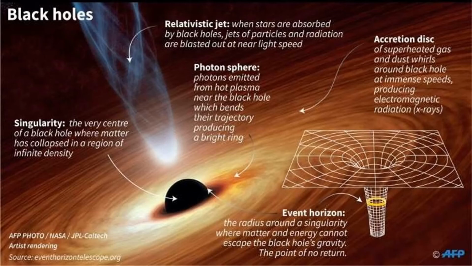Time slows down a lot. If you fall into a black hole, time would seem normal to you, but if we were able to watch you fall in, you would appear to be moving very, very slowly. We would not be able to watch you, of course, because once you've gone past something called the event horizon, light bends so much around this black hole that it can't even escape from it. That's why we call it a black hole.